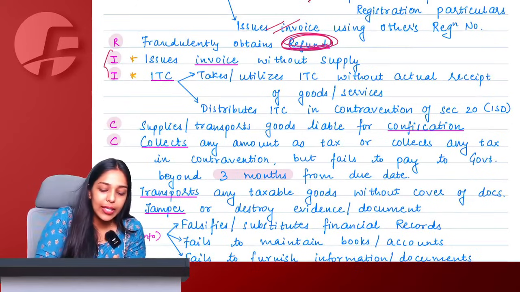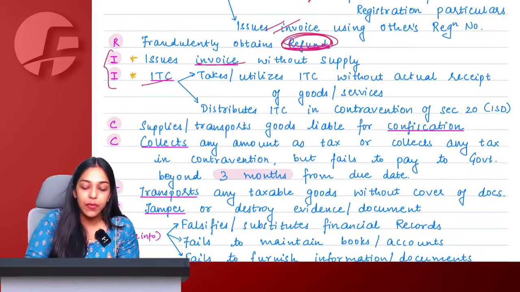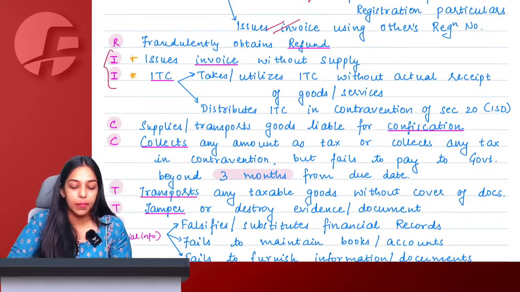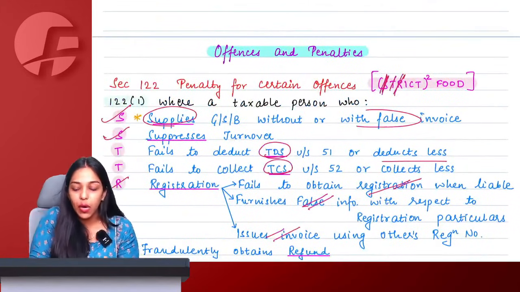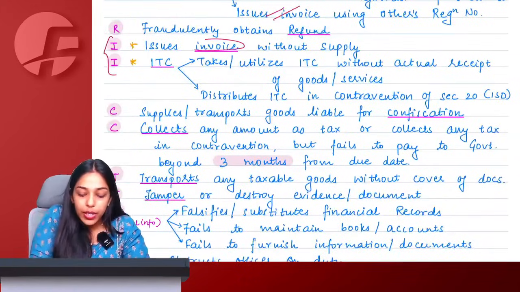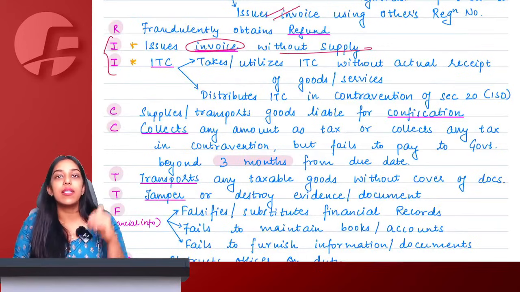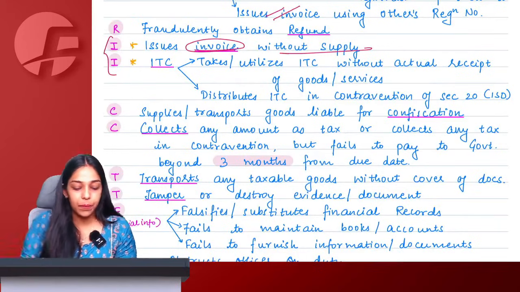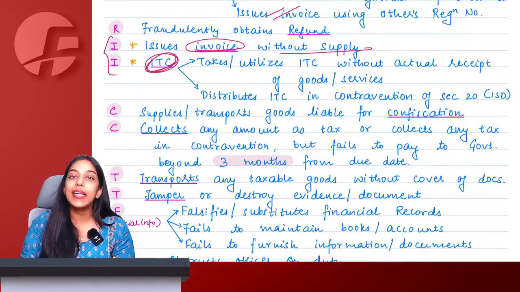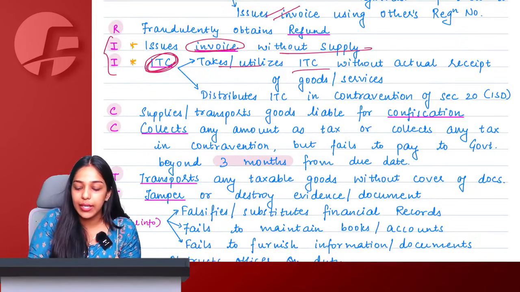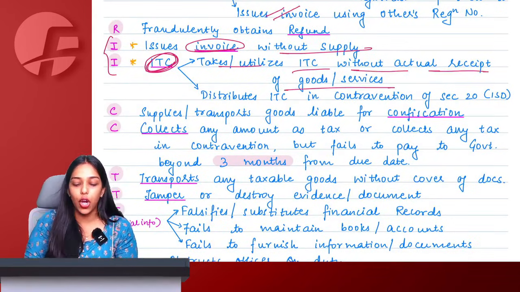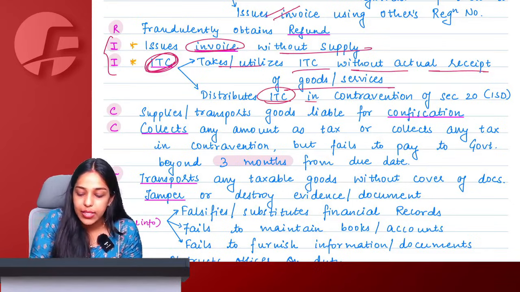After that, I is invoice and ITC. If we are saying issuing invoices without supply, see, point 1 was supply without invoice, and this is issuing invoice without supply, which means fake invoices you are issuing. After that, ITC. ITC says takes or utilizes ITC without actual receipt of goods or services and distributes ITC in